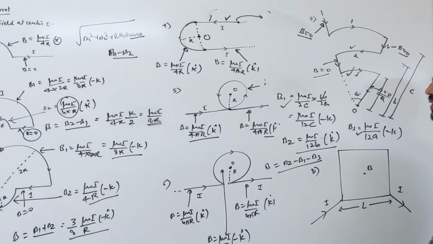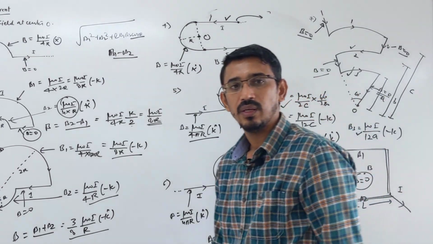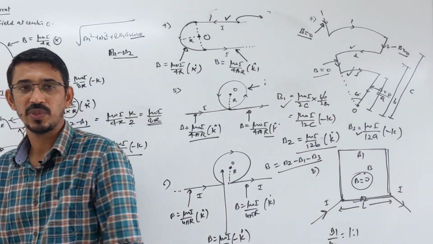Okay, 8th question, a simple question. You see the current is entering from this one point and leaving from this point. So what is the magnetic field at the center? Directly 0 for a closed loop. For a symmetrical loop, if current enters at some point and leaves from any other point, then the net magnetic field at the center is always 0. Or they ask the magnetic field due to that part and this part, which we call B1 and B2. Then the B1 by B2 ratio is 1:1. Correct? Okay, I'll discuss a few more questions on this.